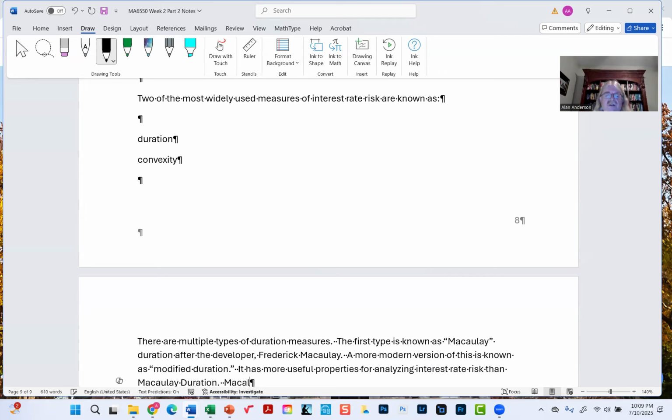And what was he interested in studying? I don't remember. It may have been an insurance company he worked for, who wanted to ensure